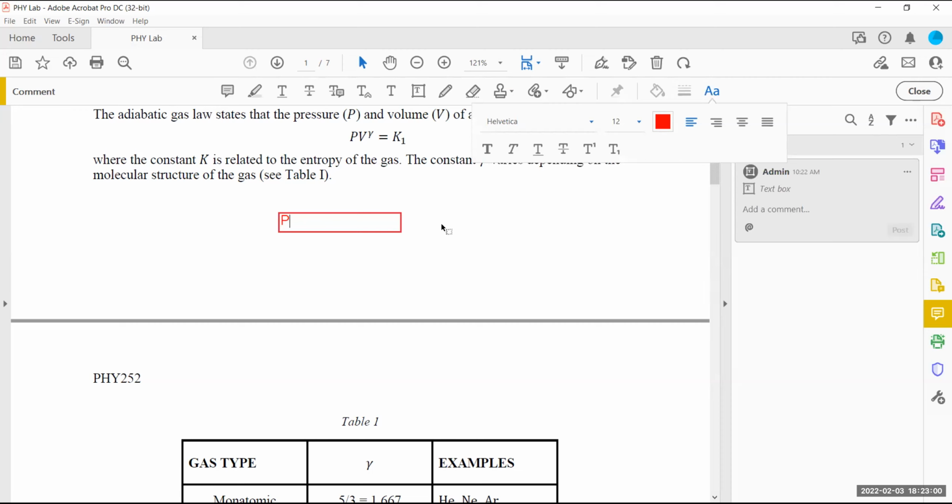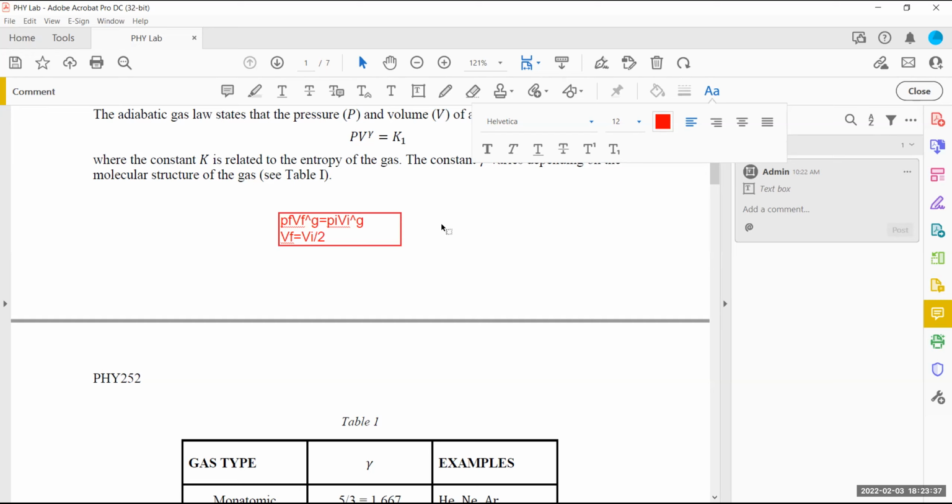Okay, so here is what I'm saying. P times V, and this is final, okay? So I'm going to put the F next to it, times V_F to the power gamma. I'm going to put G instead of gamma, okay? Is equal to P initial times V initial to the power gamma also. Here is the thing. According to this expression, V final is equal to V initial over 2. That's half of the other one.